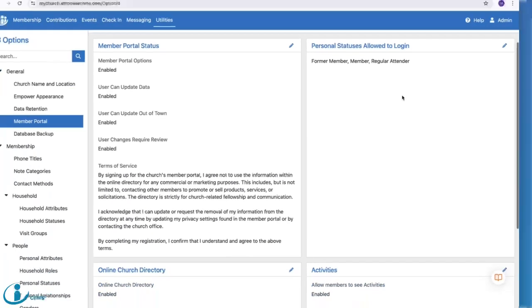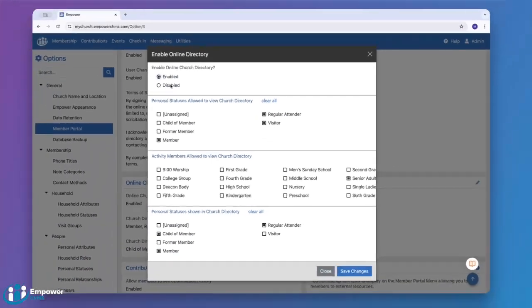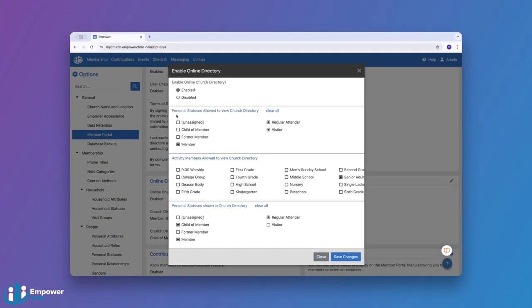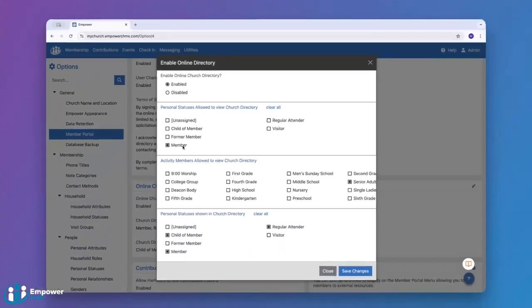Save those changes. For the online directory, you can choose to enable it or disable it, and then you're going to say which personal statuses are allowed to view the church directory. So we previously set that regular attenders, visitors, and members are allowed to log in to the member portal. Let's say we only want members to be able to see the church directory. We're going to uncheck visitor and regular attender